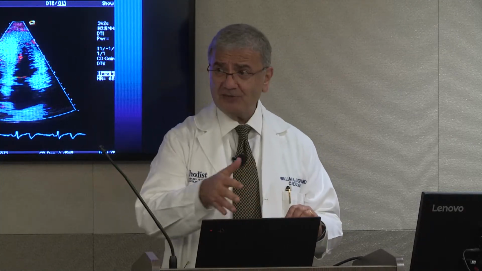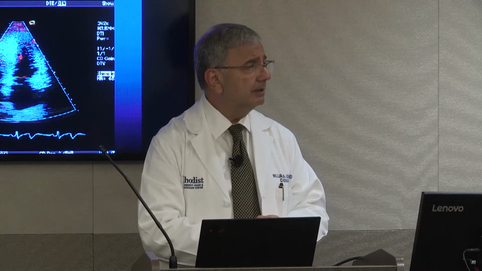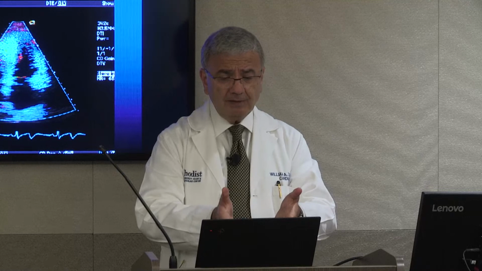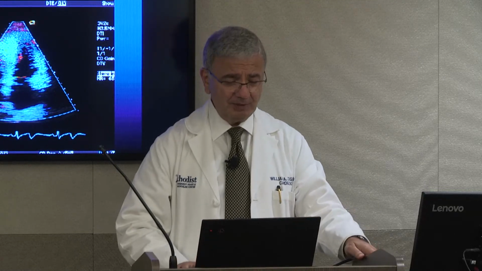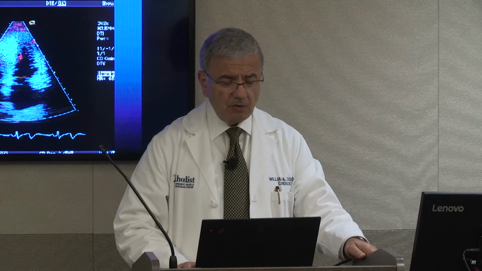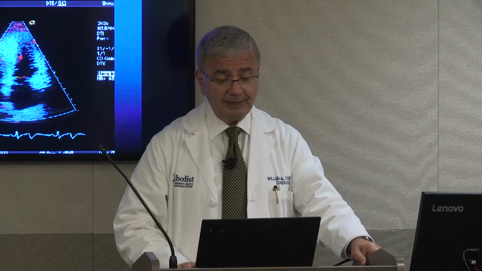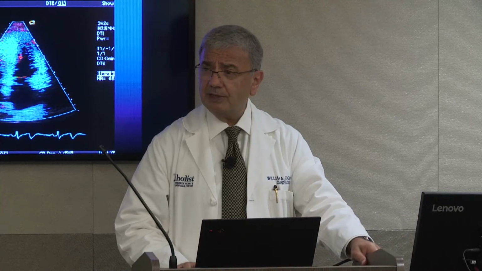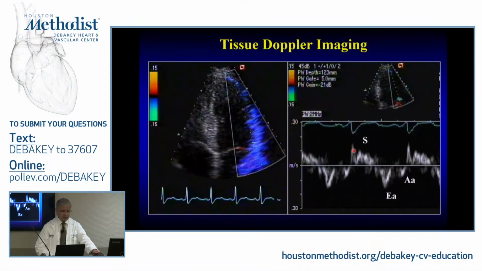So all the other pictures that I show you, I want to ignore muscle. I want to concentrate on blood. This one, I'm concentrating on muscle and ignoring blood, okay? So that's what tissue Doppler was born, my goodness, 20 years ago or something like this. In the past, we forgot it. The color is colorful, but we're not using it as much anymore.